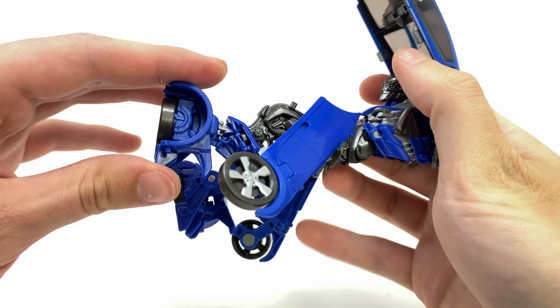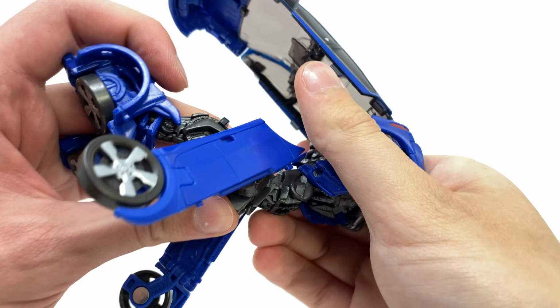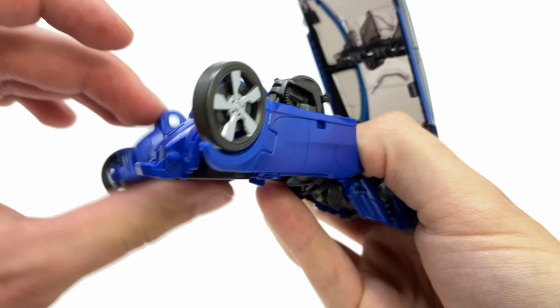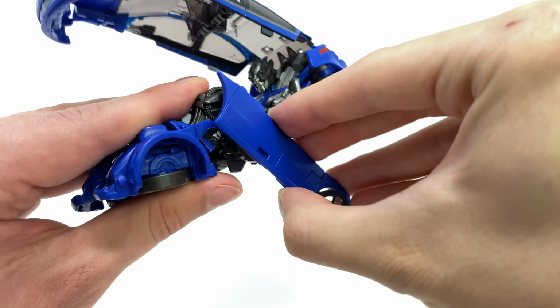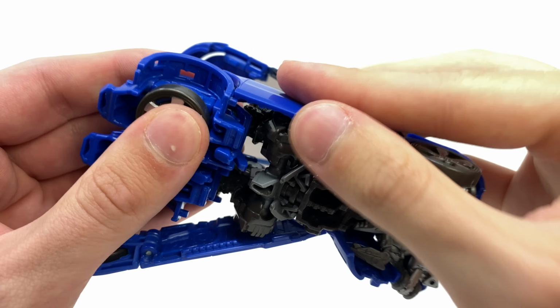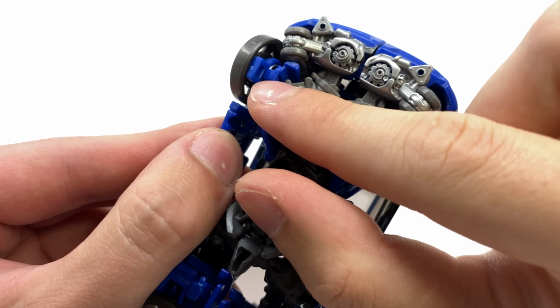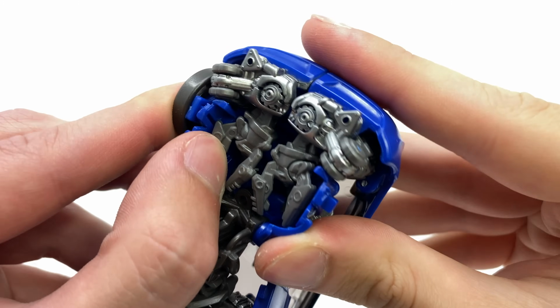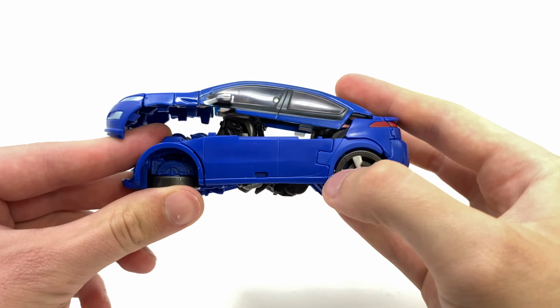We can then come to this section. You're going to want to collapse that in and collapse that section in. We're then going to want to collapse the knee joint all the way down and shift that up. We can then rotate this piece, and you can see we've got a tiny tab that you're going to want to slot into this piece. So snap that in there. And then we also have got a tab here that's going to go into this slot. So also snap that into place, and that will essentially give you the basis for how this should all align